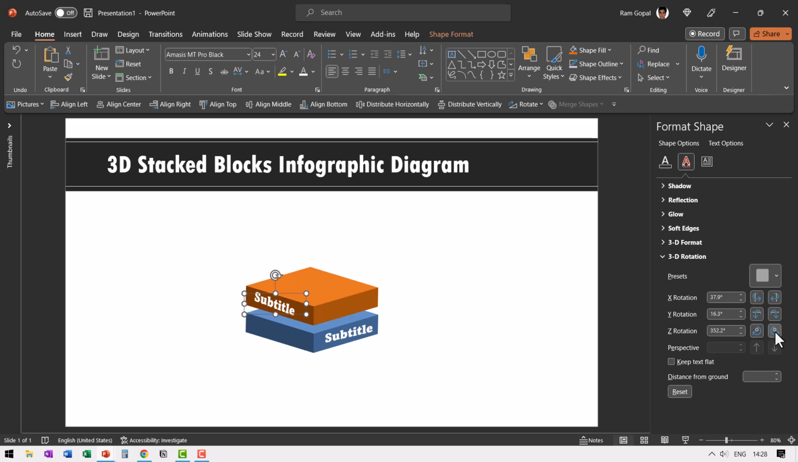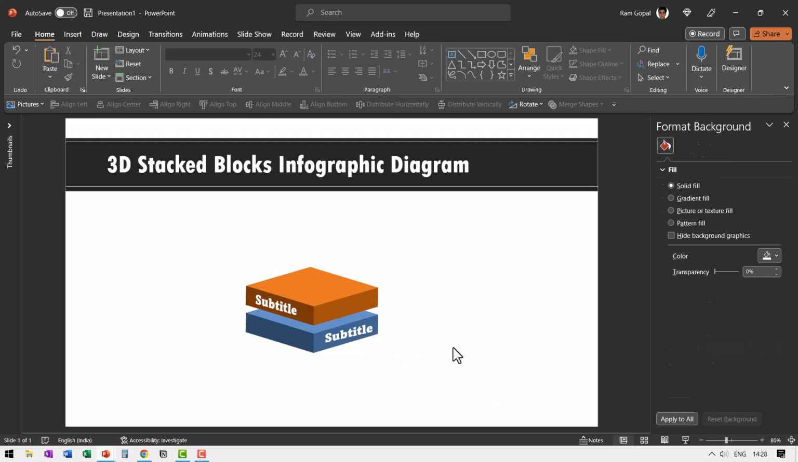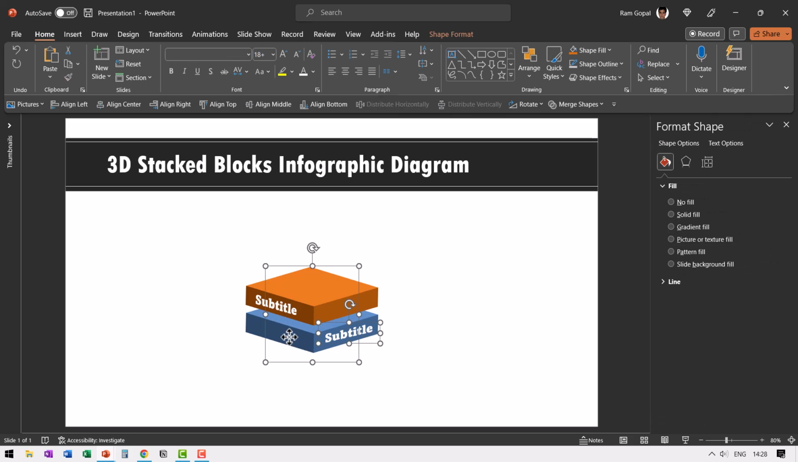Let us use Z rotation. Maybe, yeah, that is perfect. See, there is no real science to choosing the X rotation, Y rotation, etc. It is purely based on your trial and error. Now that looks good. So let us select this and this, make one more copy, press Ctrl D and then